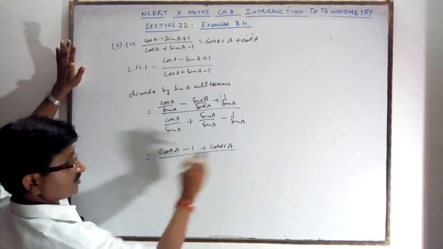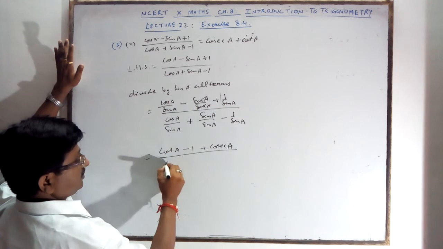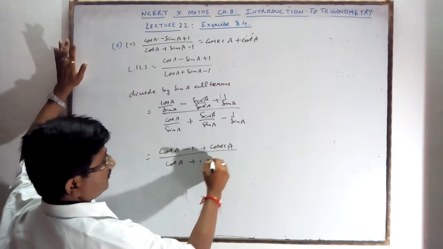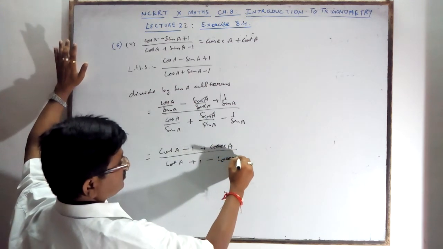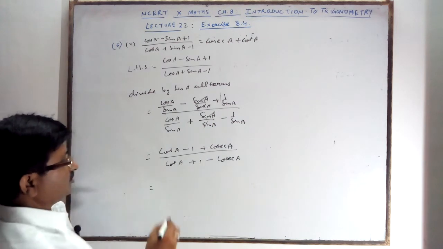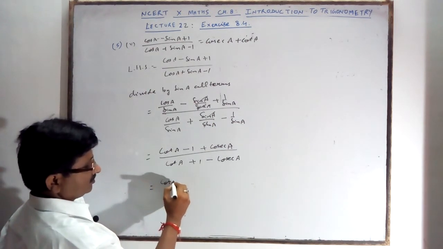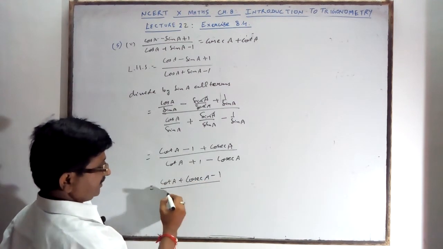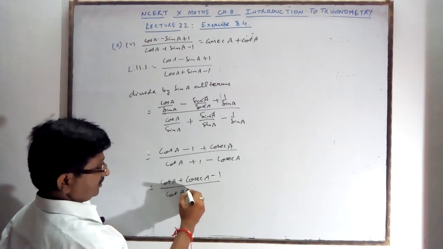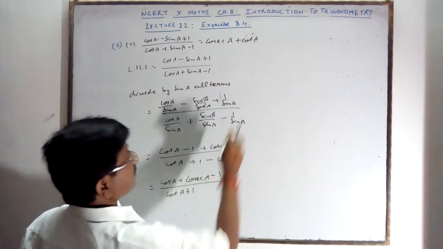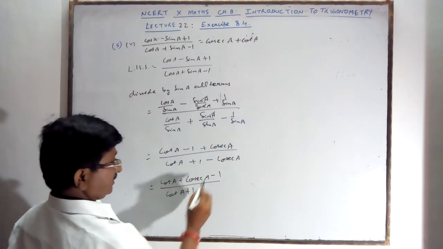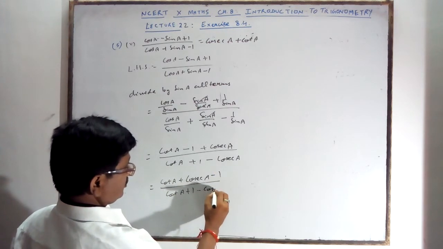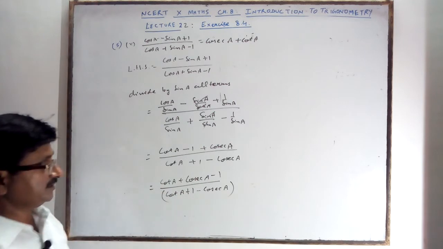Now what you want on the right side, you are getting on the left side also. Right side has cosec and cot. Cos upon sin will be cot A, sin and sin cancel, it will be 1, minus 1 upon sin is cosec A. So you write both in the same place because you want cot A plus cosec A minus 1 in the numerator. Denominator, you write like this, cot A plus 1 minus cosec A. Don't touch this, as it is you leave.